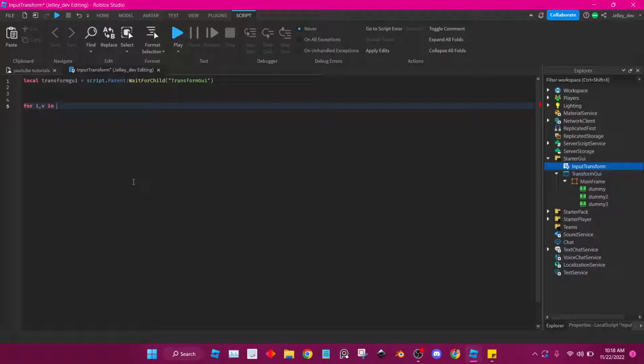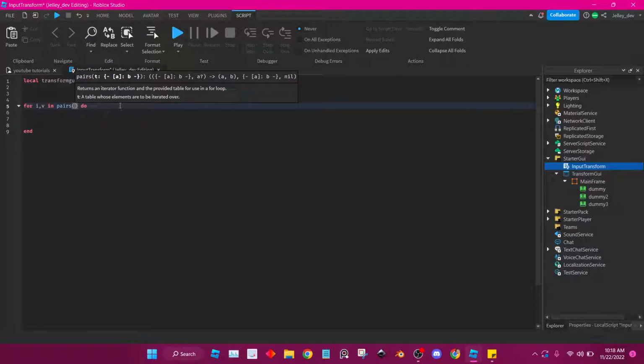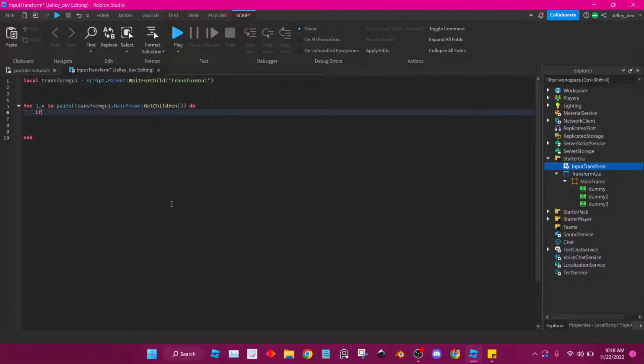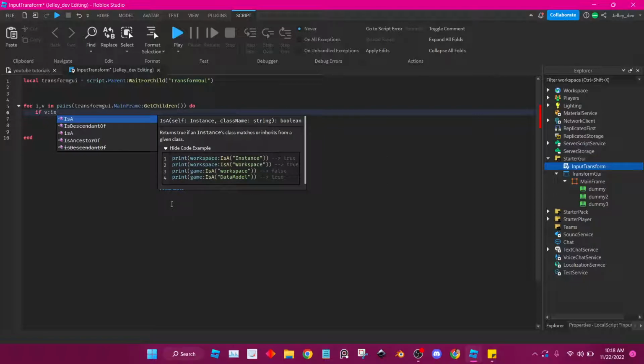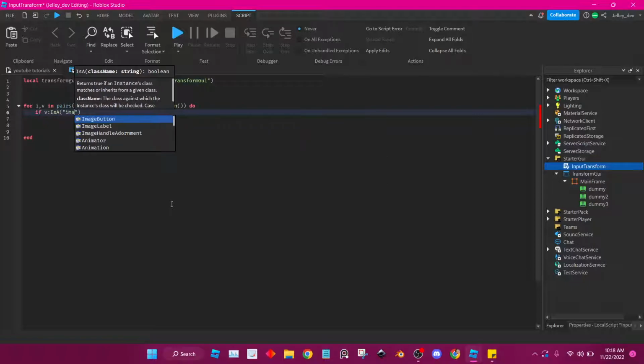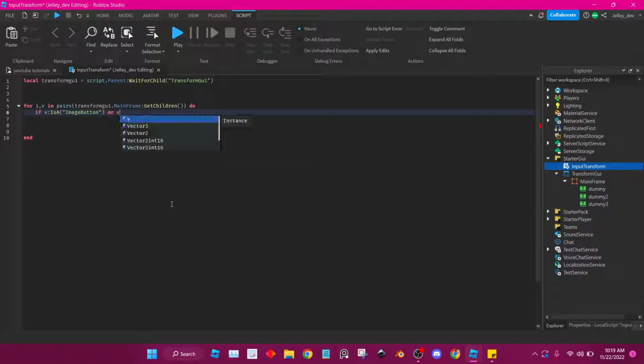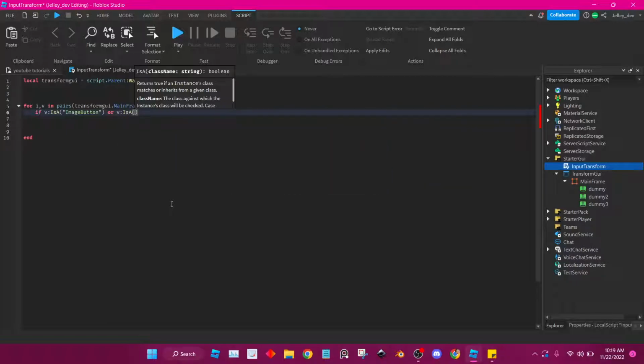For v in pairs do, okay, I'm going to do transformGUI.mainframe:GetChildren. If v is an ImageButton or v is a TextButton. Sorry that I'm saying all this out loud, but that's how I code. Let's just say you can use image buttons and text buttons. Then